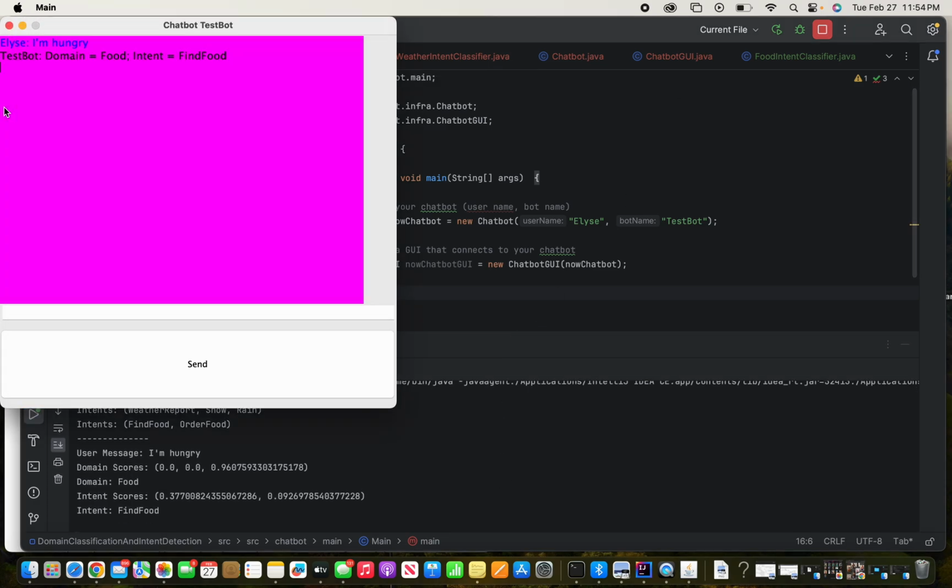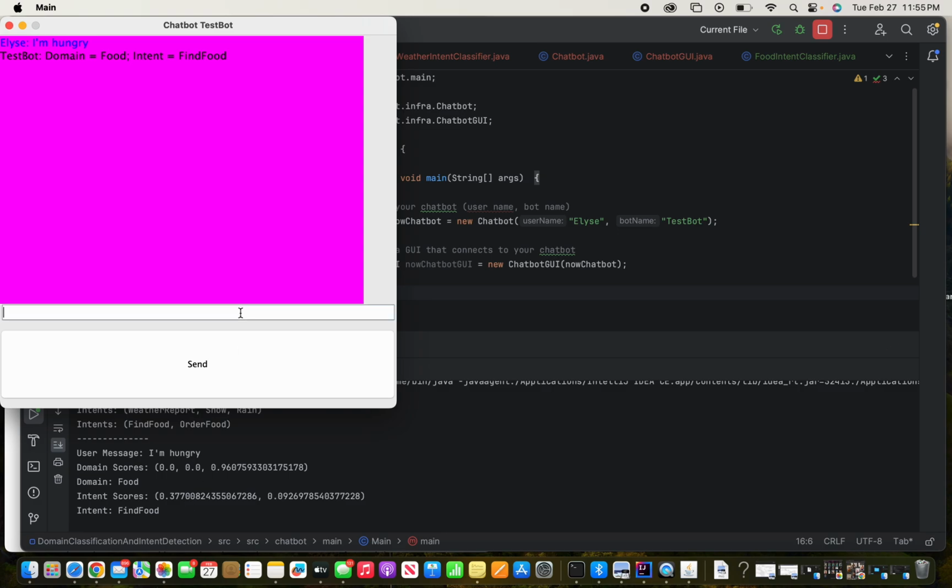So we get the message, I'm hungry, and it gives you the domain food and the intent find food. So these different intent scores, the values are between 0 and 1, and basically whatever intent has the highest value,